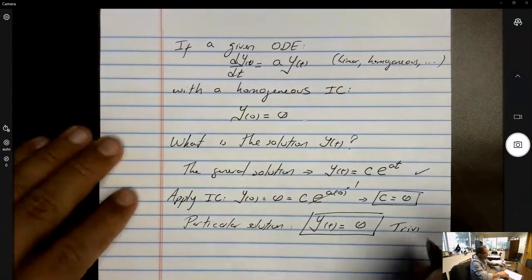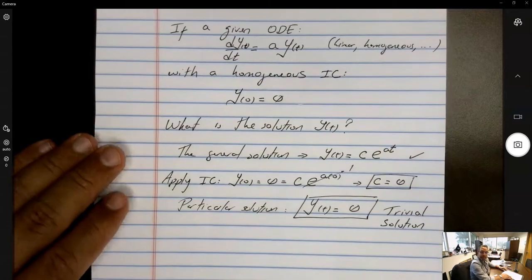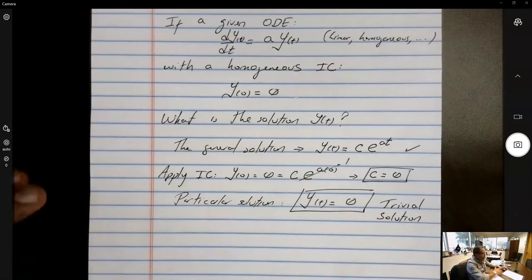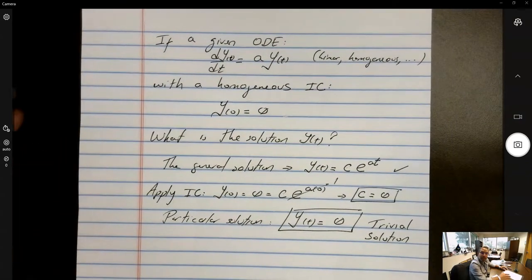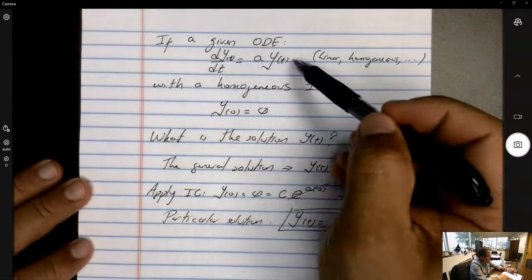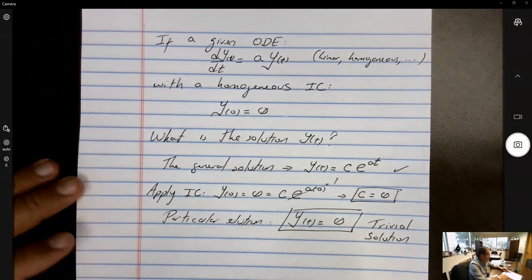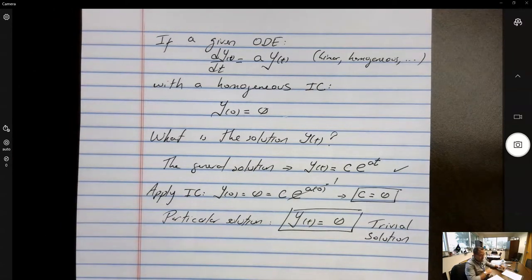This right here is a trivial solution. All right, and we don't want a trivial solution, but that's what we get in this combination. There's no way around this. Okay, this satisfies the governing equation, and this satisfies the initial condition. At time equals 0, it is equal to 0. Yes. So therefore,